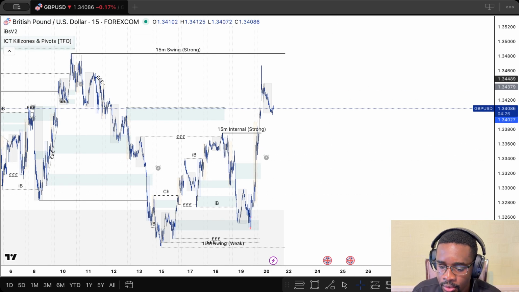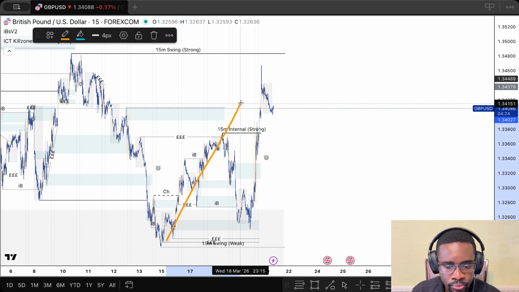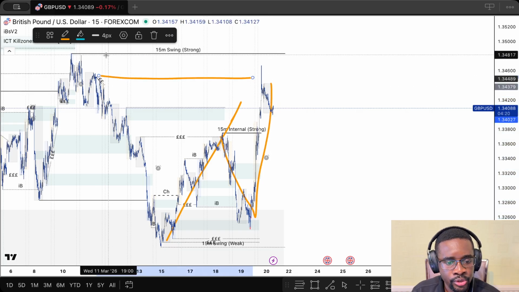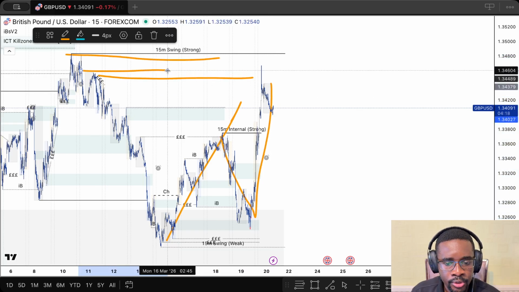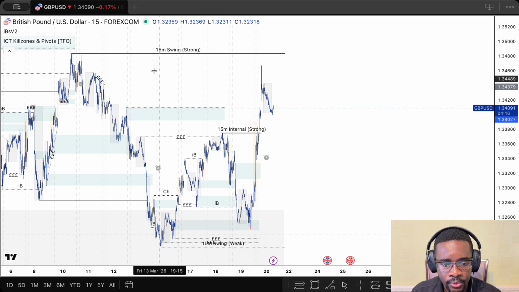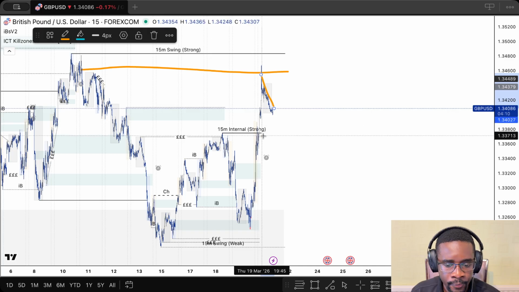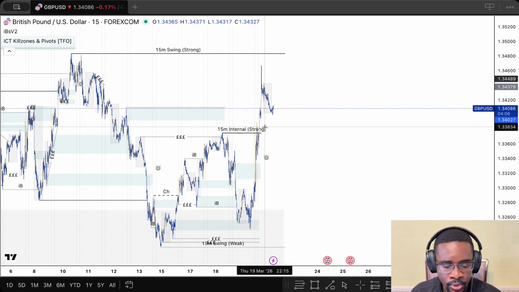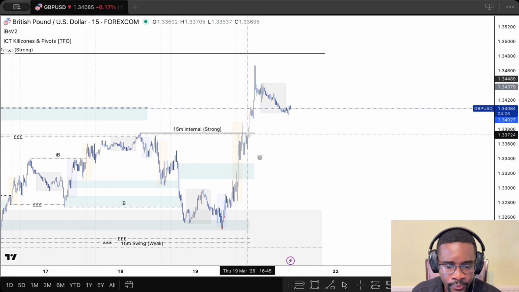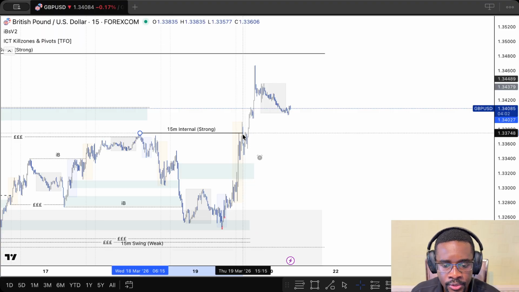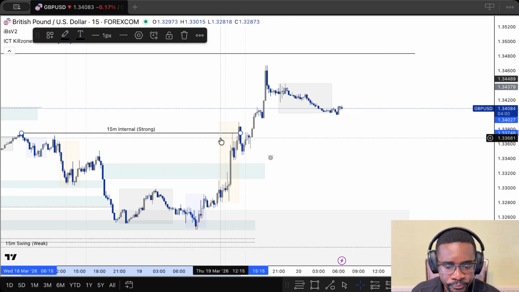All right, so we've pushed up internally. So internally we've been bullish, or we are bullish. We've mitigated pretty much the extreme. We've come back all the way to the extreme, and now we've had a sharp reaction from there. So as we know, after a break of structure, we expect price to pull back. So price has already started that pullback phase,